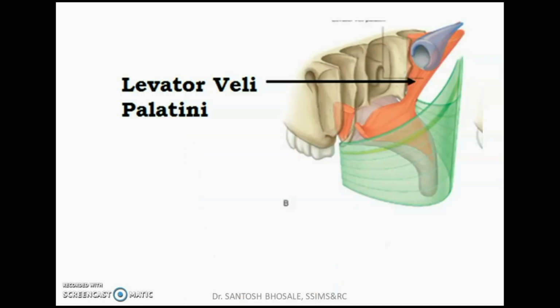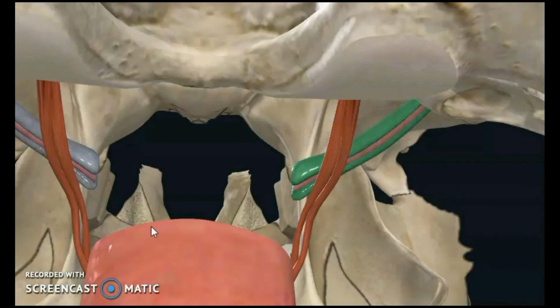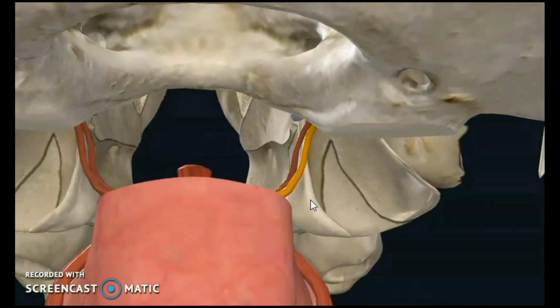So it comes from the medial lamina of the auditory tube there and passes medial to medial pterygoid plate and inserts into the fibrous framework of the soft palate, that is palatine aponeurosis. You can see there the medial muscle coming from the apex of the petrous temporal bone from a quadrilateral area that we have discussed in the osteology. Please go and see that video again, norma basalis, that is tensor veli palatini, lateral to the levator veli palatini.